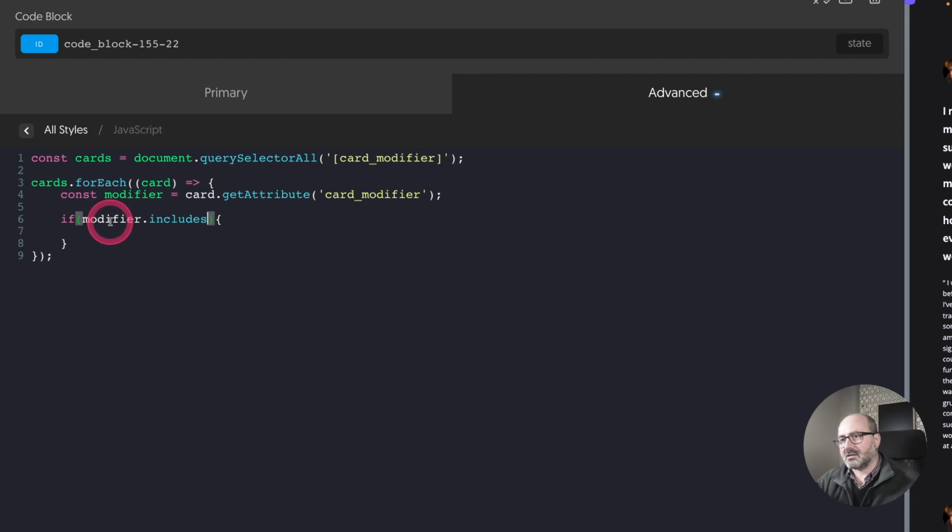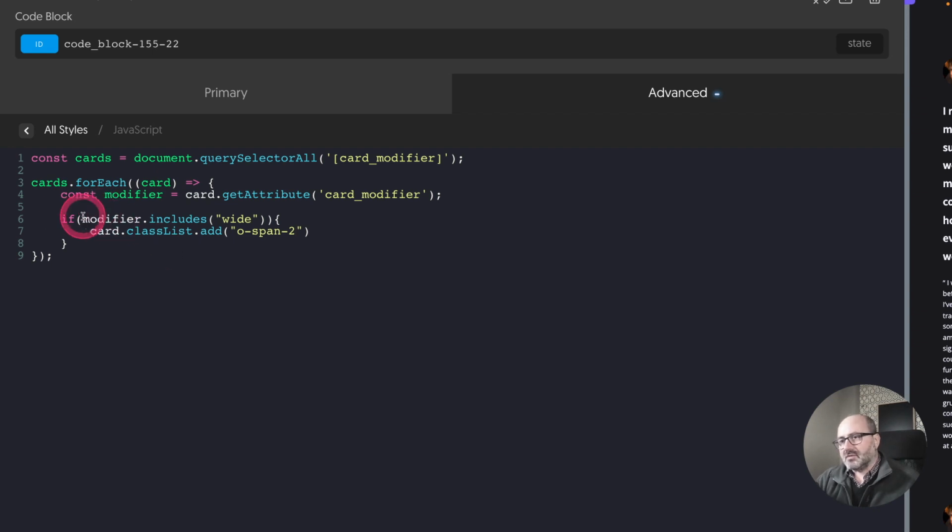So I want to check if my modifier includes wide. And then, if my modifier includes wide, I will grab my card and I will look inside it for its class list, and I will call a method add. And what will I add to my class list? Well, this is the CSS class from the OxyProps framework,